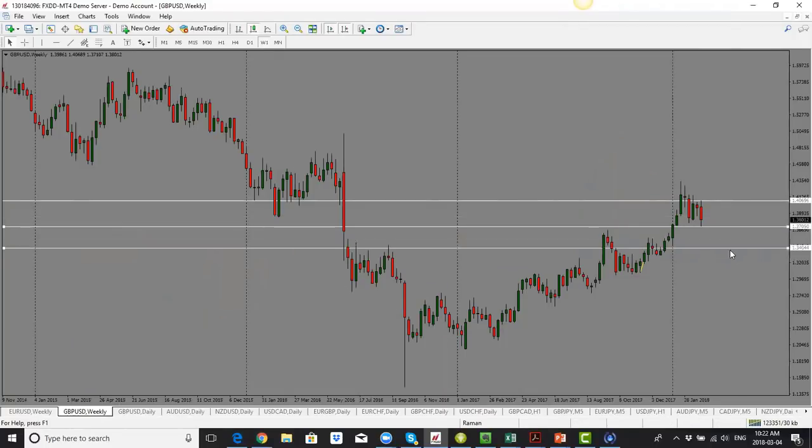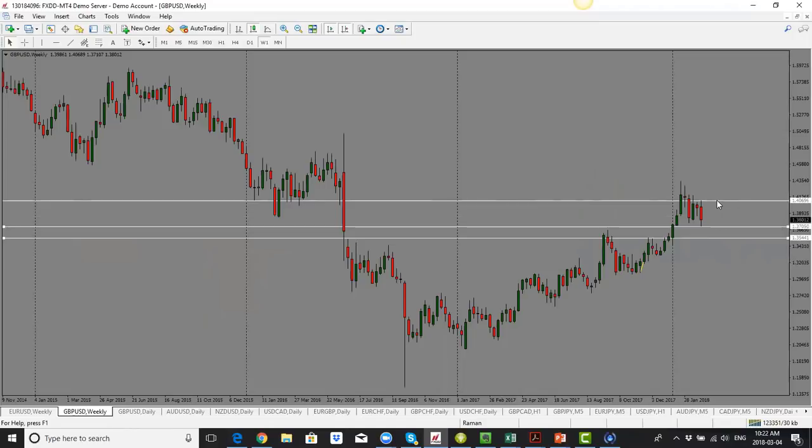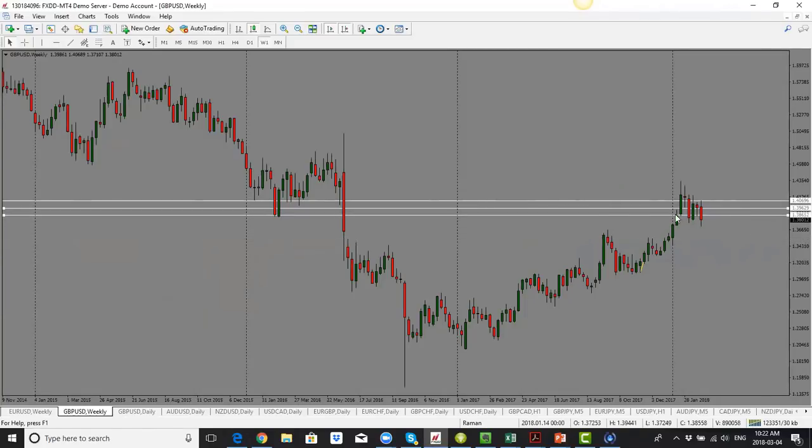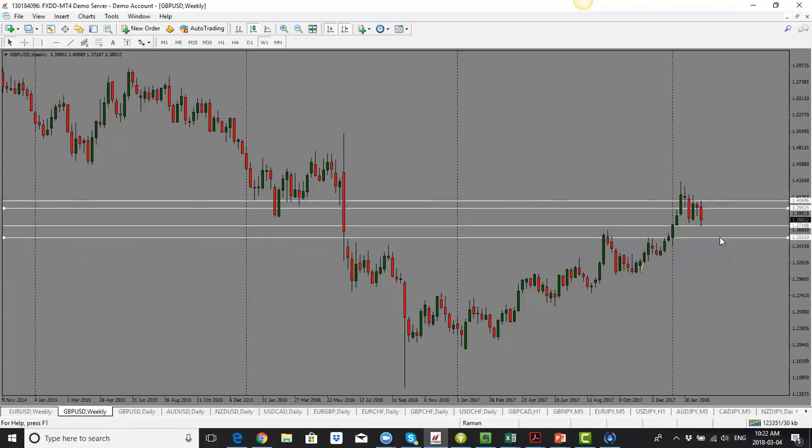British pound here, this one has been going lower. Last week I was looking for a drop and we got that drop here. This week I'm looking for price to drop further. Because we have had a big move to the downside, I will look for pullbacks as selling opportunities. A good pullback level will be the 139.50-ish level. But if we don't get that, then below that we have the tip of this pin, which is 138.65. So basically, I'm looking for a further down move in pound and for selling opportunities.